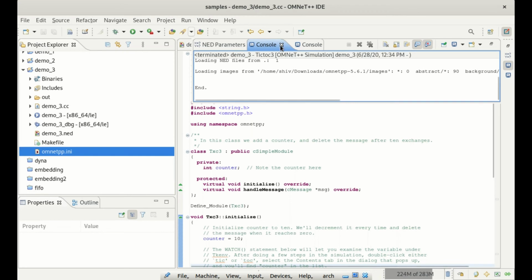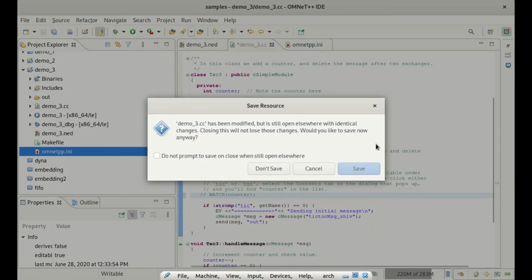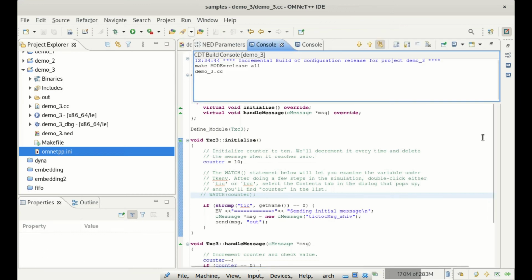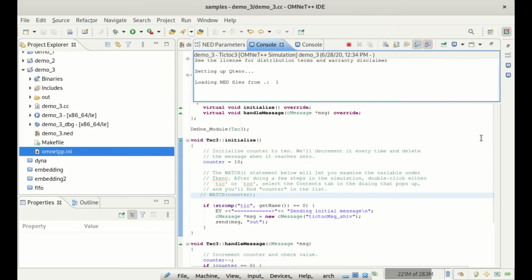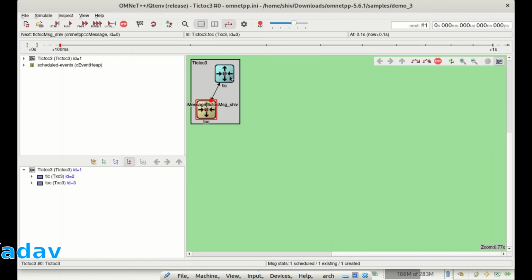Suppose in watch I have commented it here. Okay, I have commented watch. Now build and run. It will save. So now I am clicking on the tic module.